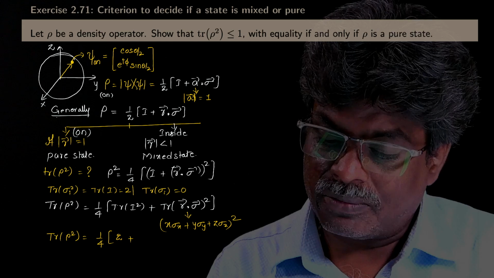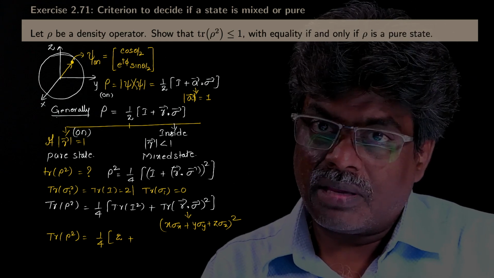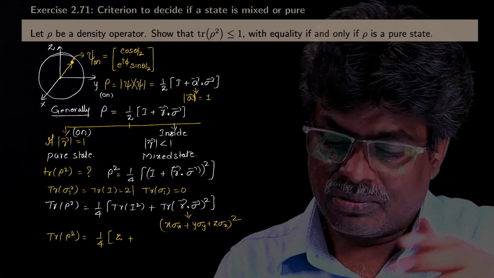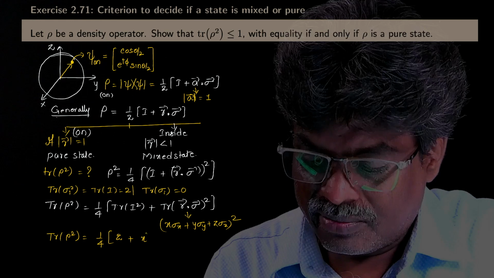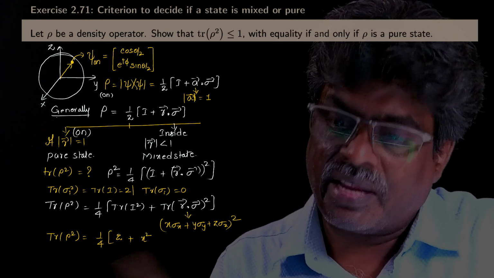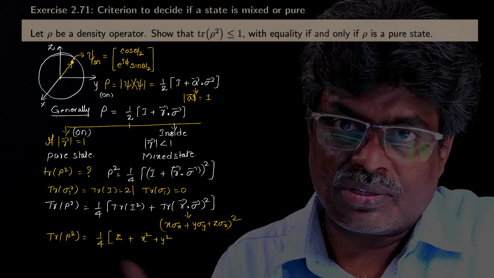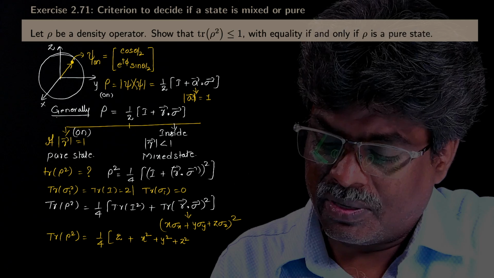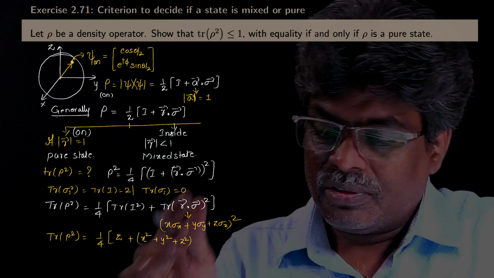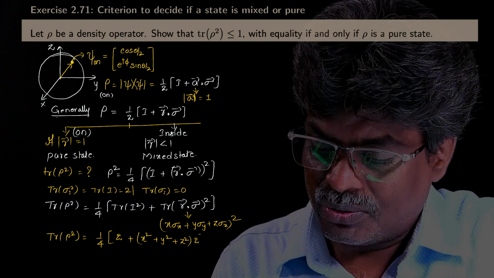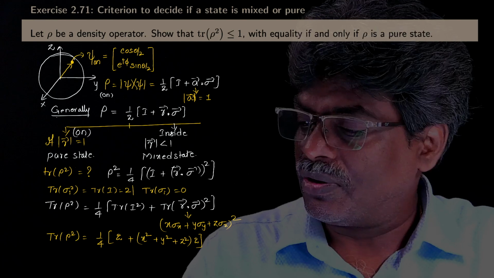Now carefully observe, in this (a plus b plus c) whole square, I will take only the square terms. That's why x square trace of sigma x square, again 2, plus y square trace of sigma y square, 2, and z square trace of sigma z square, 2. Just take the common factor, that is 2. So finally we got,